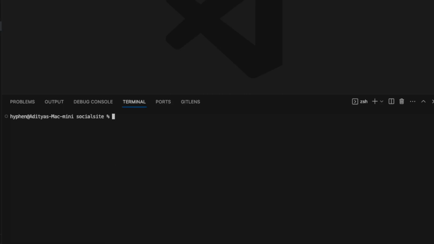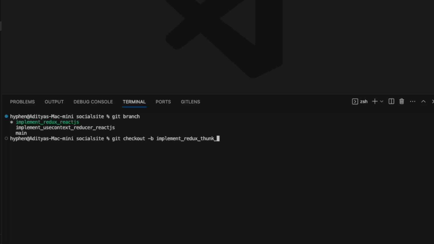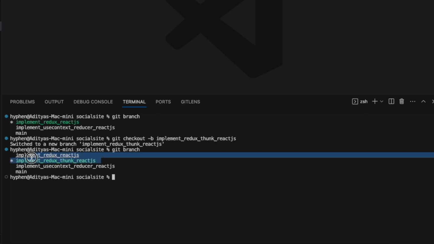Now I use Redux-Thunk in React.js. So first I cut a branch from the existing one, and the command is git checkout -b implement-redux-thunk. This is the branch name. Here you can see this is the branch,